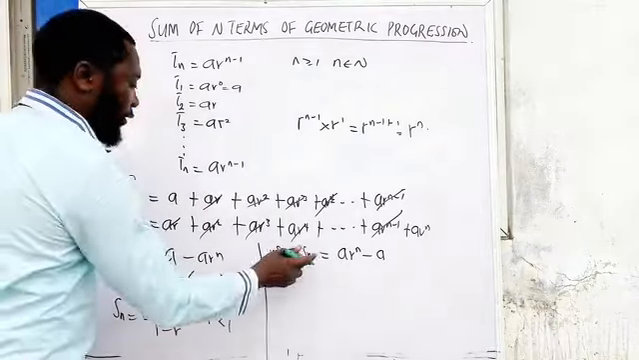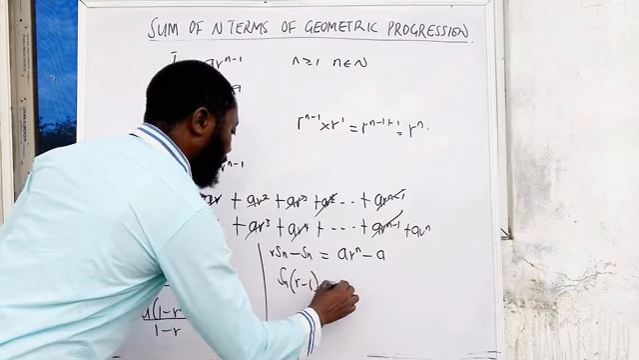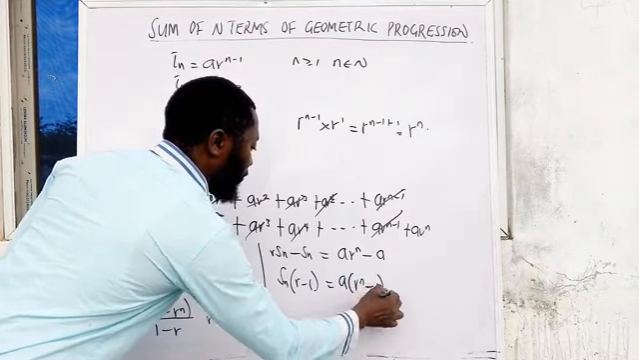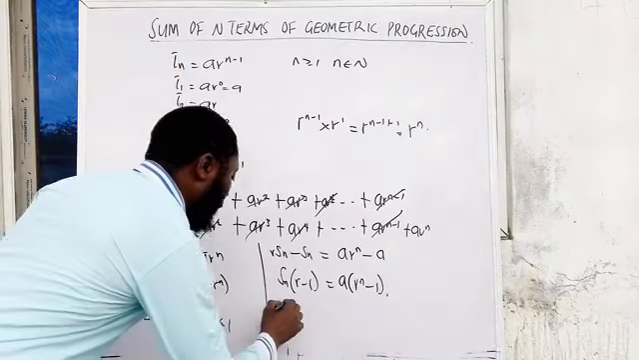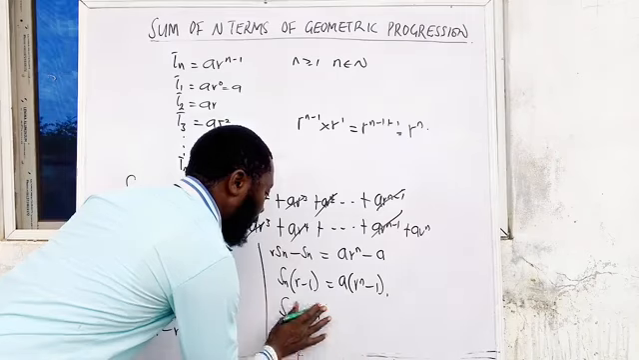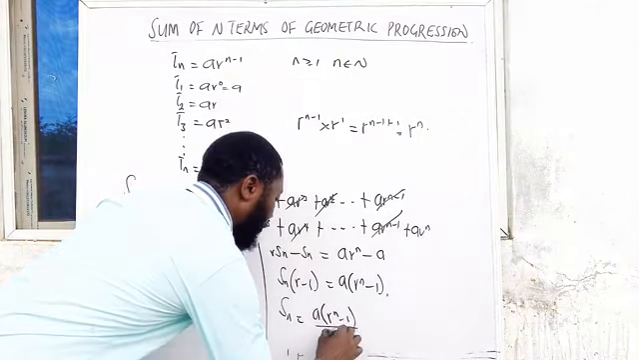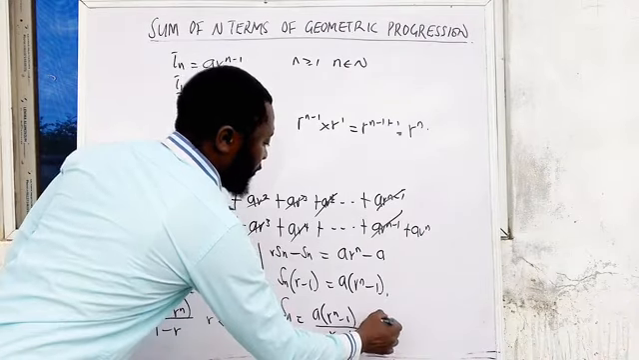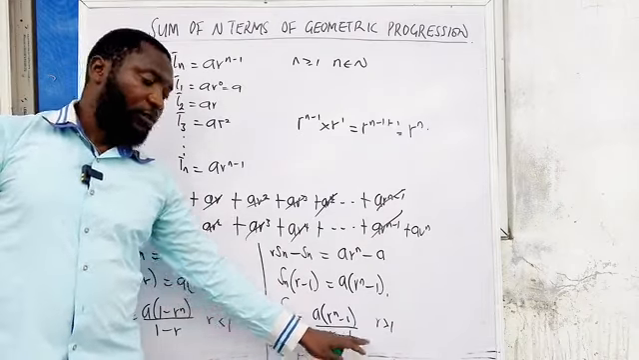Now factorize out Sn. So we have Sn(r minus 1) equals a, which is also common here, a(r raised to the power of n minus 1). Now, make Sn the subject again by dividing both sides. So we have Sn equals a(r raised to the power of n minus 1) divided by r minus 1. So we have this case when r is greater than 1. For us to take 1 from r, it has to be greater than